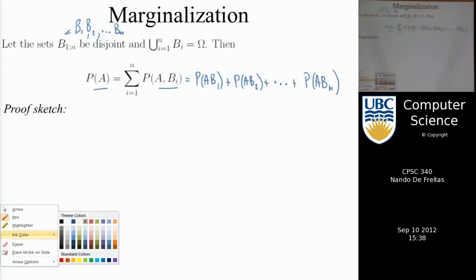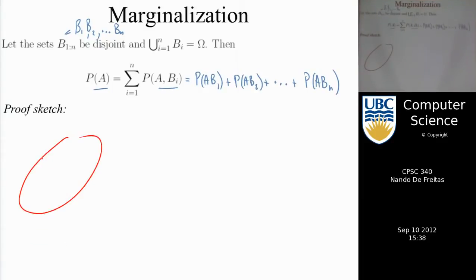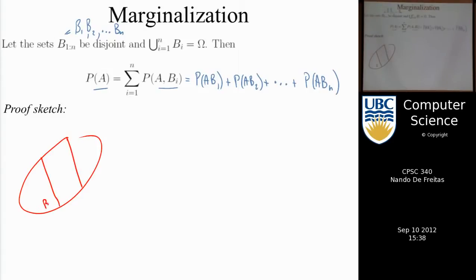Let's look at an example. Well, let's at least first get a sort of proof sketch. Let's assume that we have the sets B1, B2, and B3, which once you put them all together, form the whole space, the space which we call omega, the event that happens with certainty. And let's now bring in another set, which I'm going to call A, the green set. And the picture sort of says it all. The probability of A is just the probability of A intersecting with